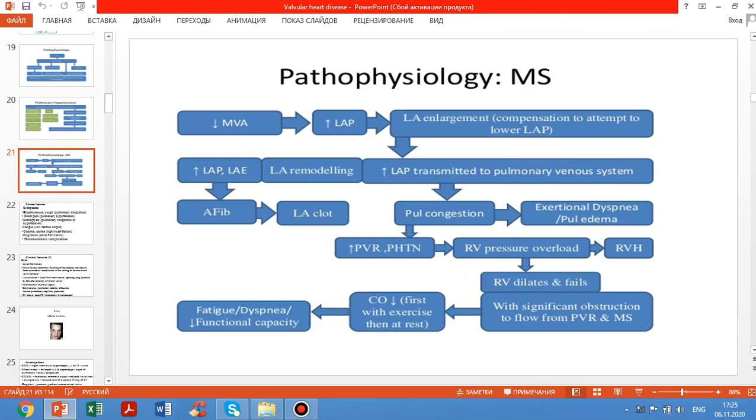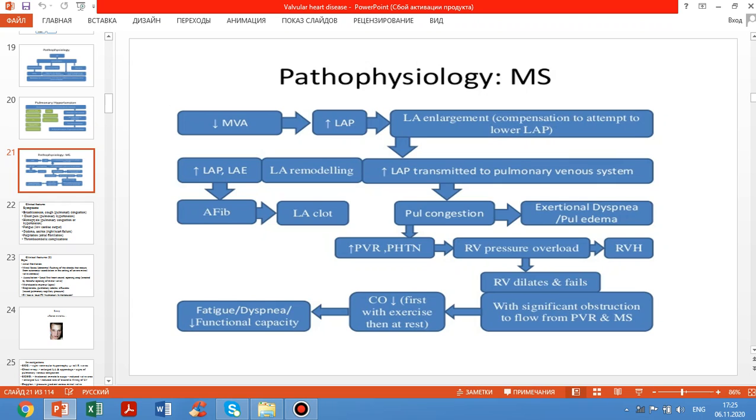Left atrium pressure is elevated, and left atrium enlargement develops. Due to this, atrial fibrillation, and due to this, left atrium clot,